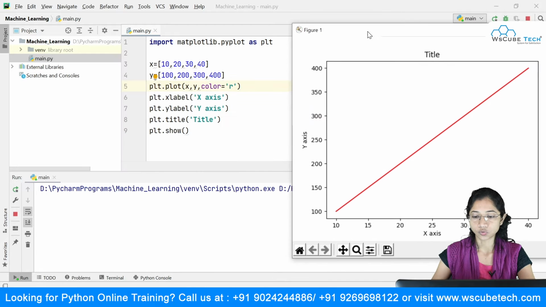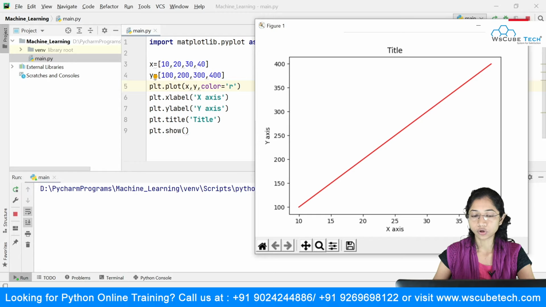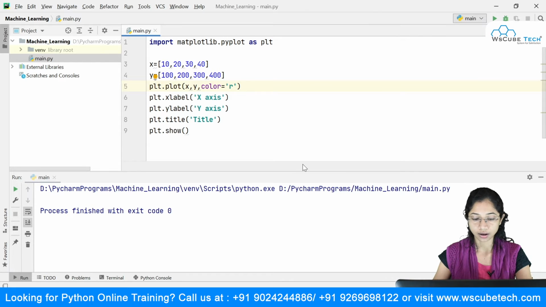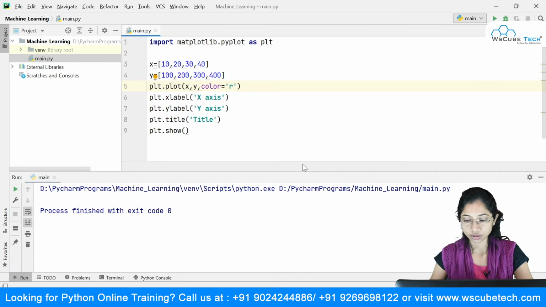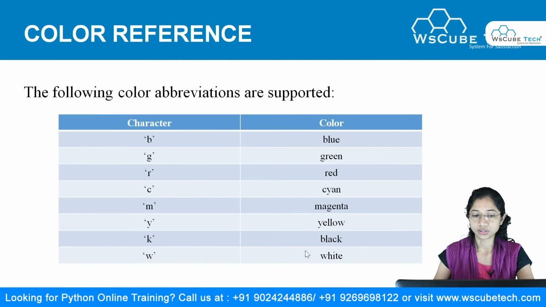I just want to let you guys know all the color references we have inside matplotlib. So I will come over here, and these are the color references. You can write B in the quotation marks, as well as write blue in the quotation marks.